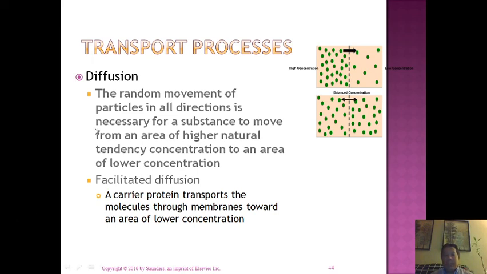Whereas in diffusion, it's not the water molecules that will move, but it's the solute or the solid particles that will be moving from an area of higher concentration to an area of lower concentration. A good example of this would be the movement of gases in and out of the lungs. Like for instance, if I want to breathe in oxygen,